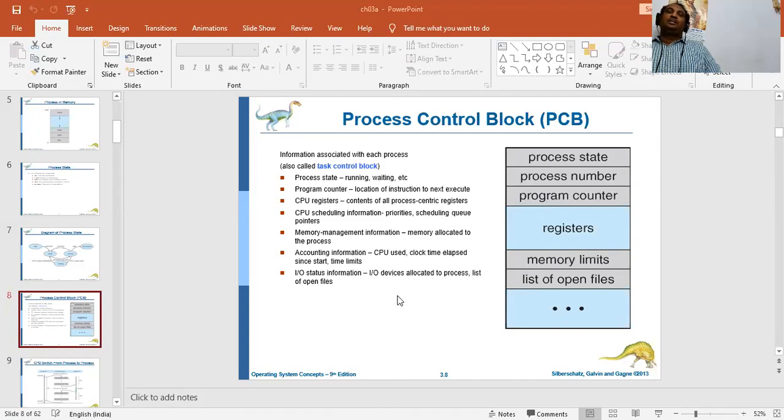I'll tell you one simple example. Suppose you have opened Google Chrome in your mobile. In Google Chrome, we can open multiple windows in a single browser. Suppose in one window I open Google, in another I open a university website, and in another I open a college website.